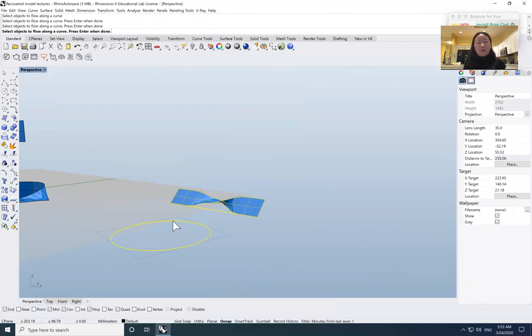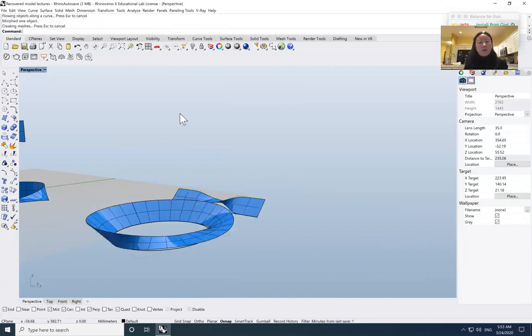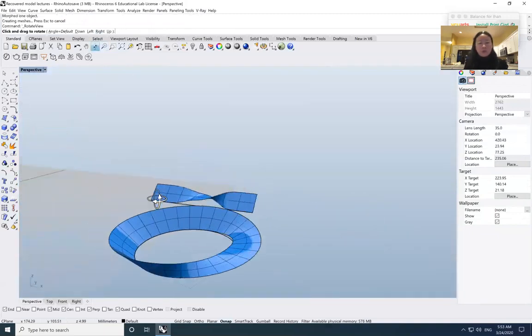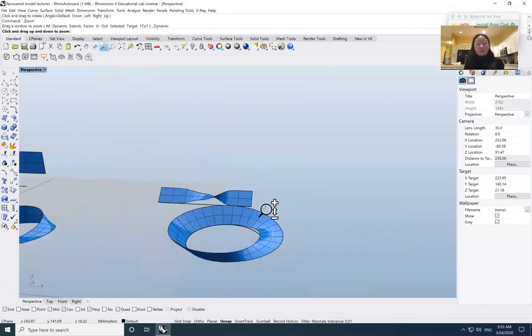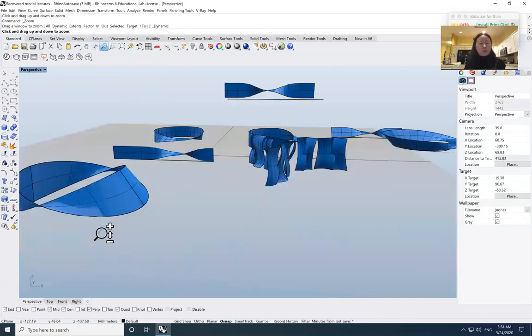No, I did not. Okay, I messed up again. Okay, flow. Enter. Select the object. Need to read the command line. Select, press enter when done. Select base curve and target curve. Okay. So now, in terms of the shape, it is a little different. So I would stop here for this, but moving on to another one, which is kind of a pseudo